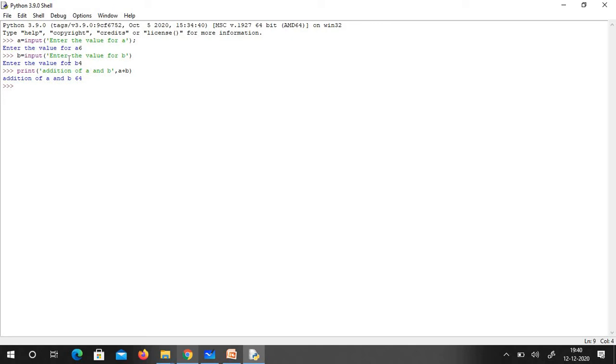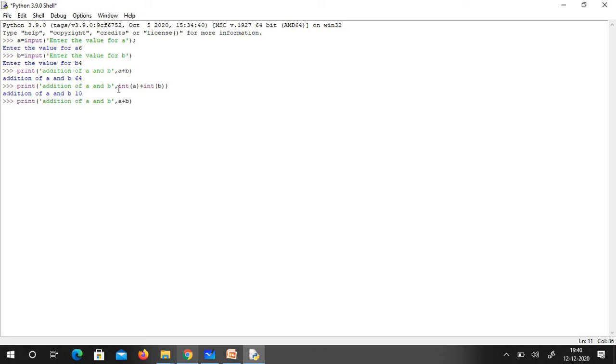I copy this and put it here, and instead of a plus b, I do int of a plus int of b. Now let us see what happens. We changed the default data type to integer, and it becomes 10. Whatever operation you do, you have to do it this way.